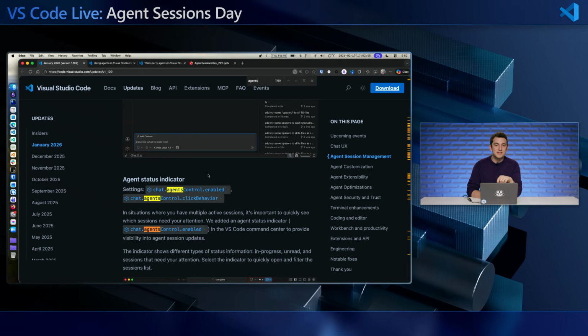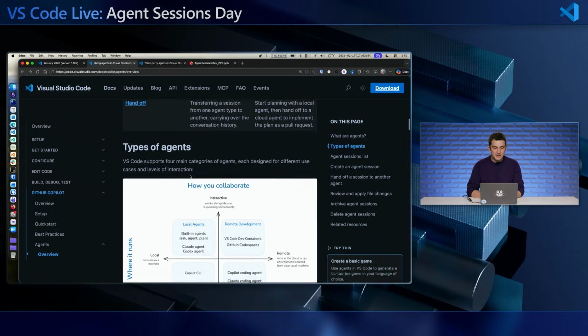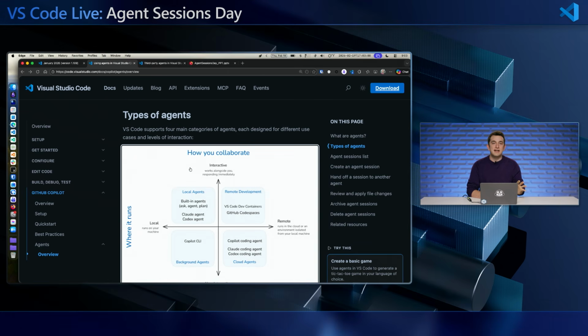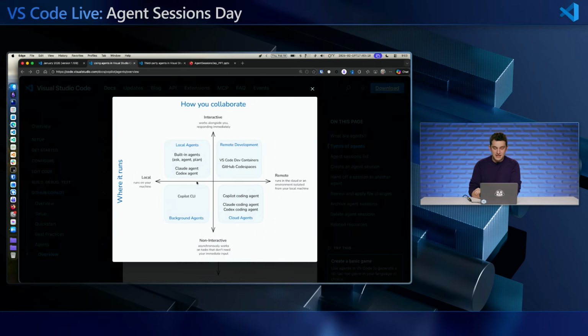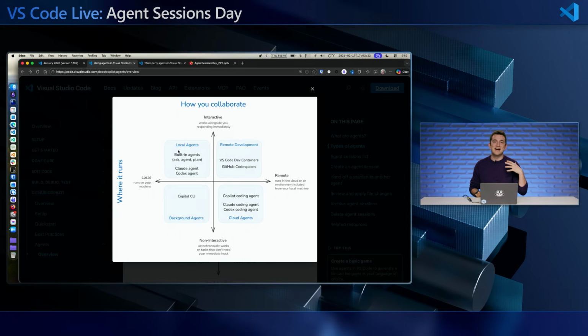And in this session in particular, I am aiming to talk about how to collaborate with agents in VS Code. So in our agents documentation, we have divided up agents into 4 categories here. And I'm going to try and walk you through the use case scenarios for every kind of agent that we have in VS Code, what they mean, how I would use them in my day-to-day work,